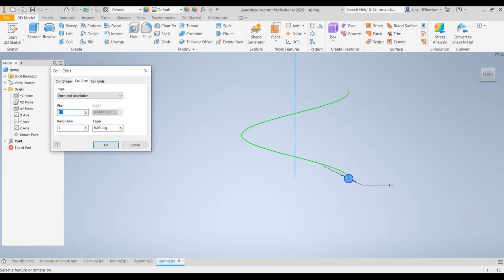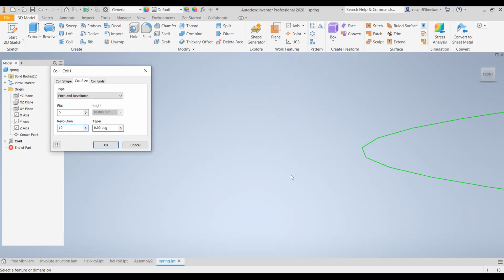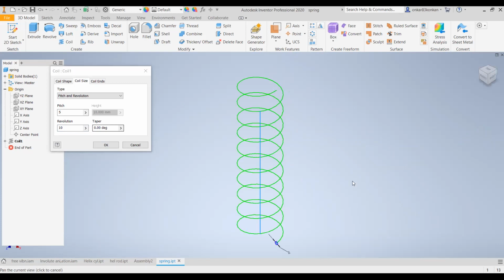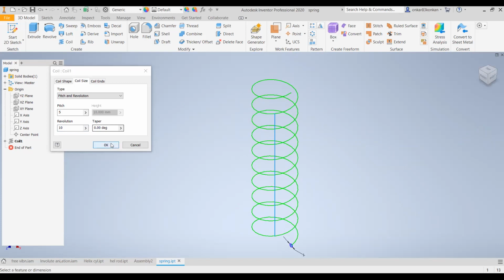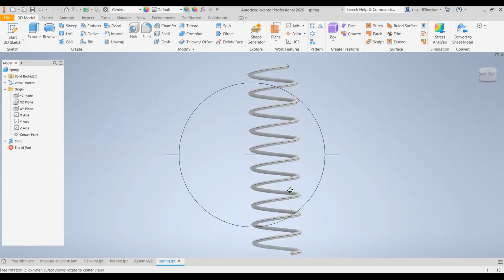So if I reduce this, this is the effect of the pitch length on that curve. With the help of this helix curve, the spring is designed in the industries. This is in 3 dimensions, and this is the complete spring. Okay, so this is the practical application of the helix curve.